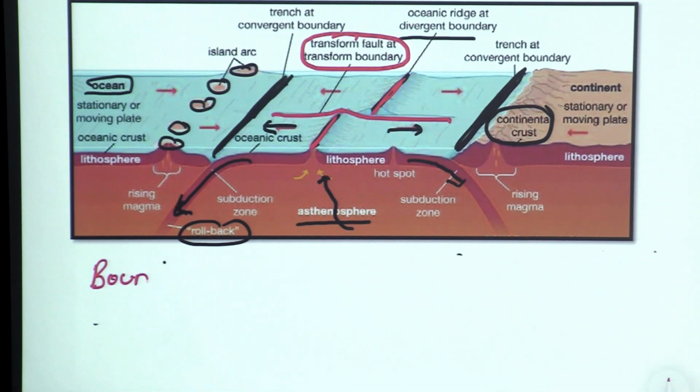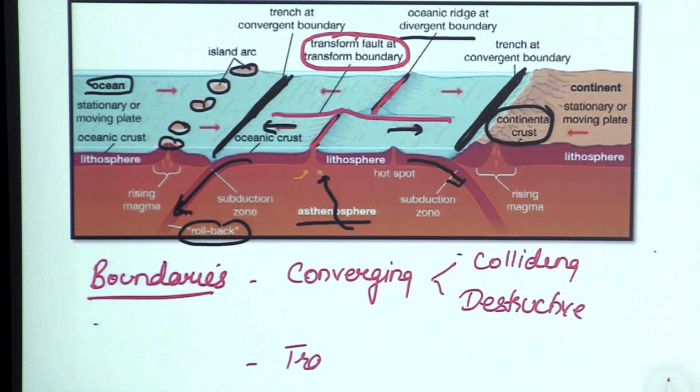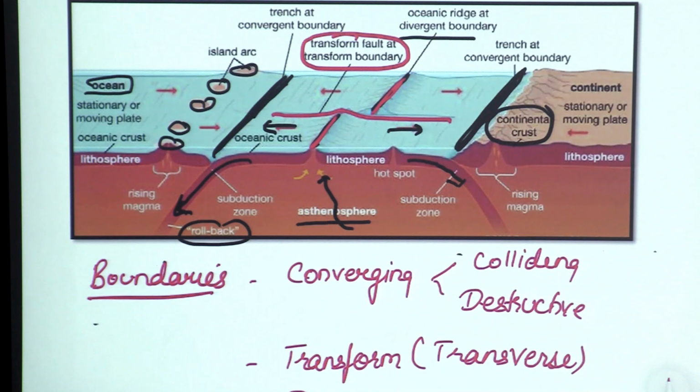Boundaries: converging, colliding, destructive, transform, divergent. And to see oceanic divergence,